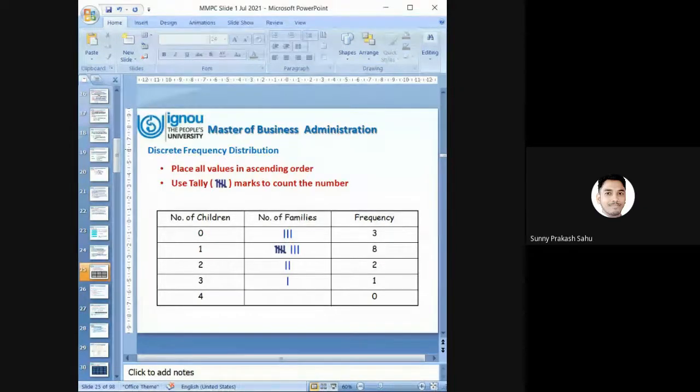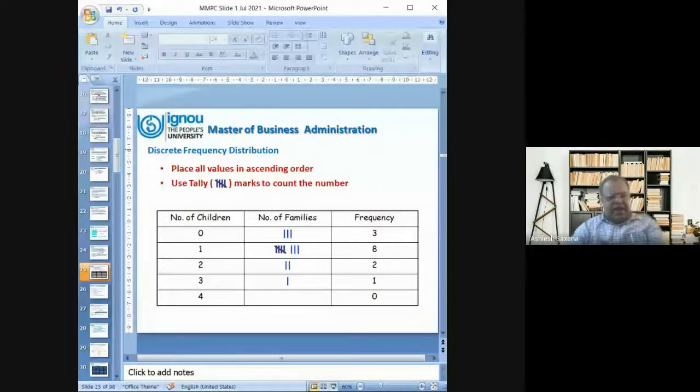After seeing this slide, I think you might have recorded something like what you did some 5-6 years back. That was collection of data, raw data, and you were asked to classify it. You were asked to make a frequency distribution of it. So normally what we do, we select a number of children. Now the part is how many families there are. So we make normally